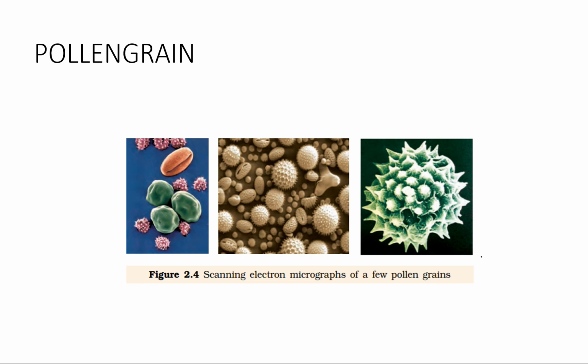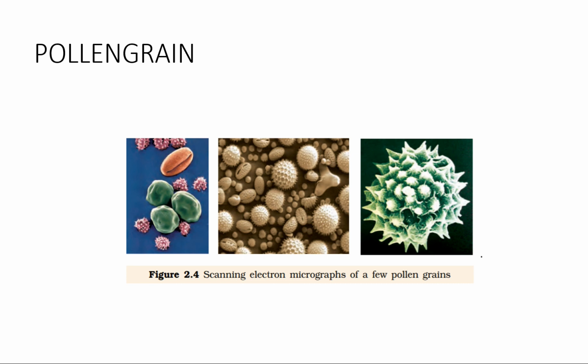Structure of pollen grain. The pollen grain diameter is 25 to 50 micrometers. They have a highly resistant wall on the outside and cellular contents inside. The wall of the pollen grain is called sporoderm. The outermost wall is called exine and the inner wall is called intine. The exine layer is made up of sporopollenin, which is highly resistant to enzymes and is not degraded by them. It is not affected by high temperatures, strong acid, or strong alkali. Because of sporopollenin, pollen grains are well preserved as microfossils.